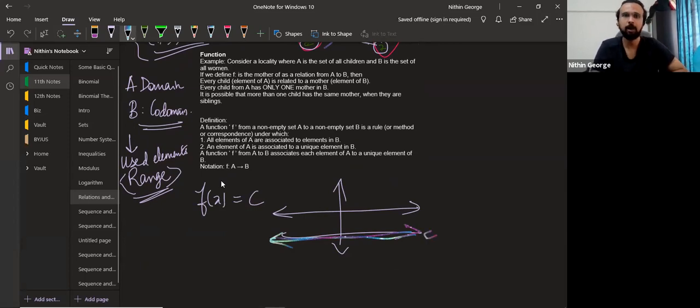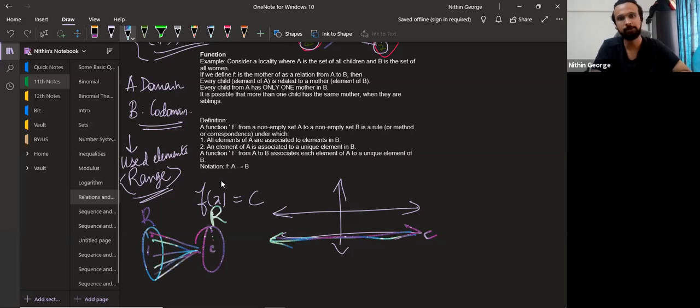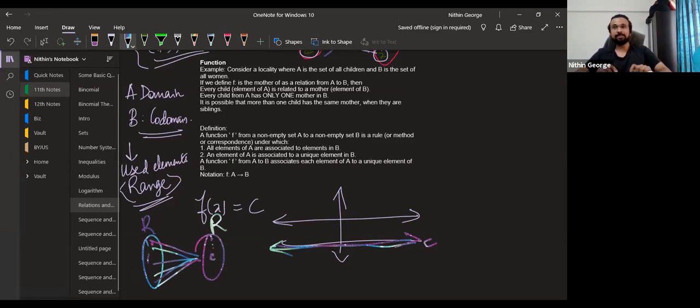Now, what is happening here? How does this image look this way? This is the set of all real numbers. This is the codomain. It can be anything, the set of all real numbers, of which one element is c, and all elements from the set of all real numbers point to c. Is it a function? It is a function. The idea is whatever input you throw at it, it will give out only one output. That is what you mean by unique. Whatever input you throw, it will give out exactly one output. And that is why we say this is unique. Are you following?